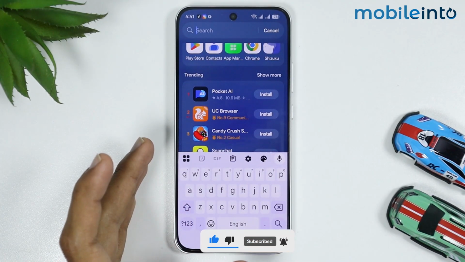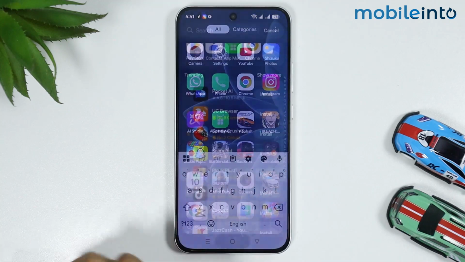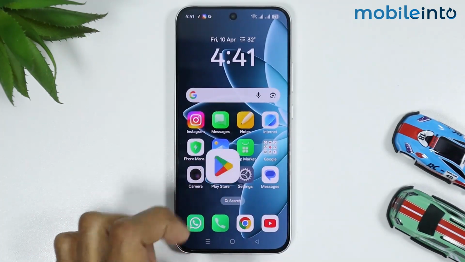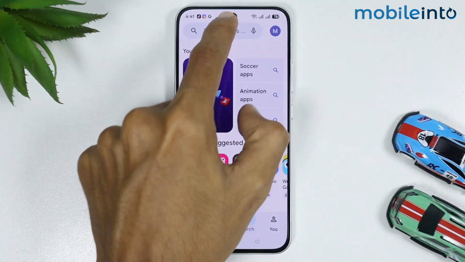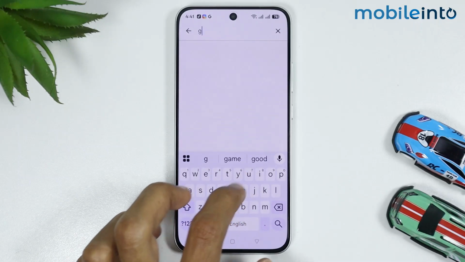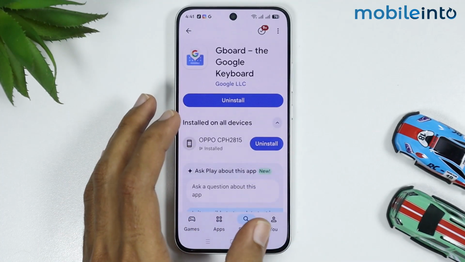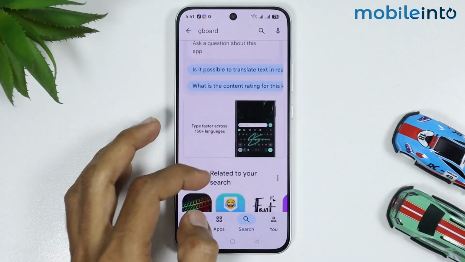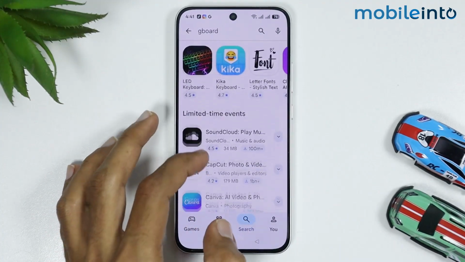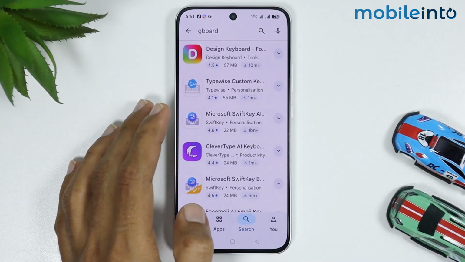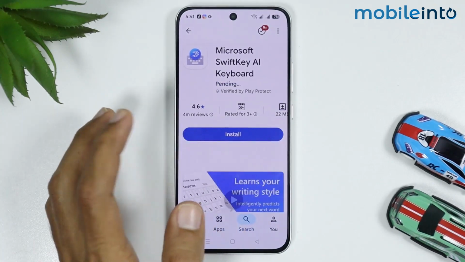Now, to change the default keyboard to Gboard, just go to your home screen and open the Google Play Store. Then in the search bar, just search this. Now I already have Gboard installed on my Oppo phone, so instead I will install another keyboard just to show you the process. For example, I will download the Microsoft keyboard, then tap on install,